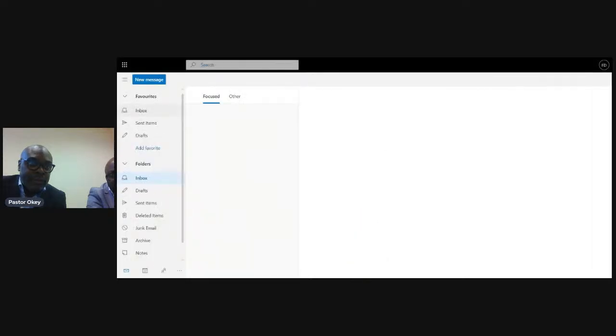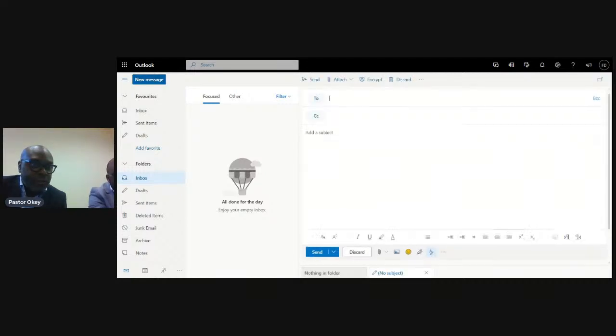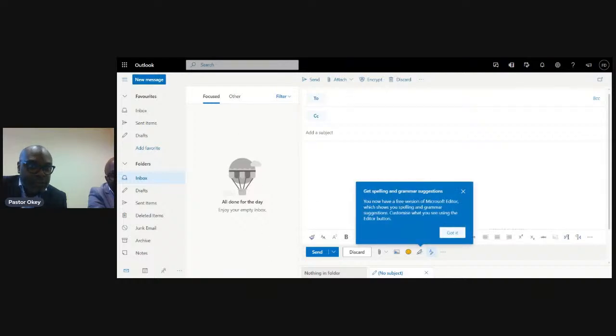So if I click on Outlook here, Outlook is used for email, and as you can see, as it's logging in, this is my email for this particular account. Obviously, there's nothing there because I haven't sent anything. It's a new account I set up, but I can send a message to Brother Godson here as a test. To send a message, click on new message, and again, if I send to his email,